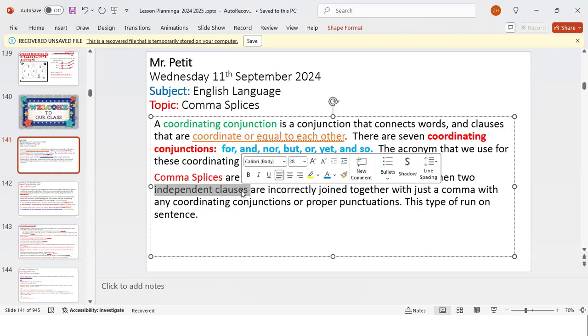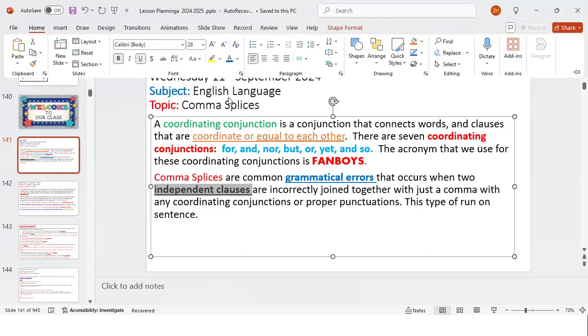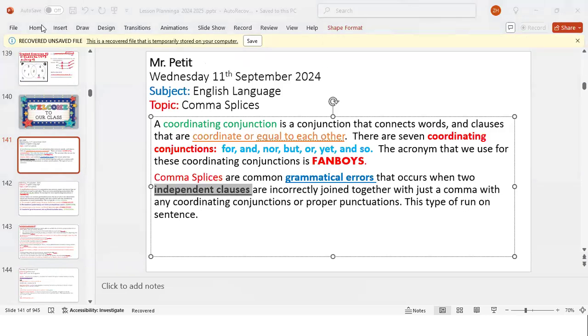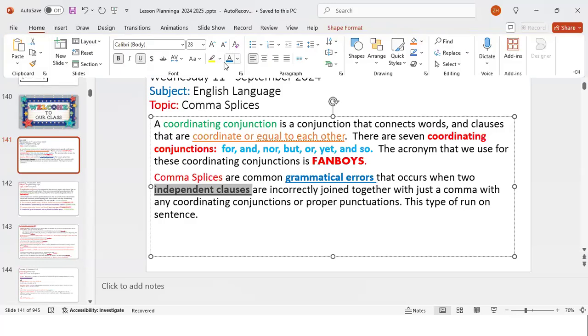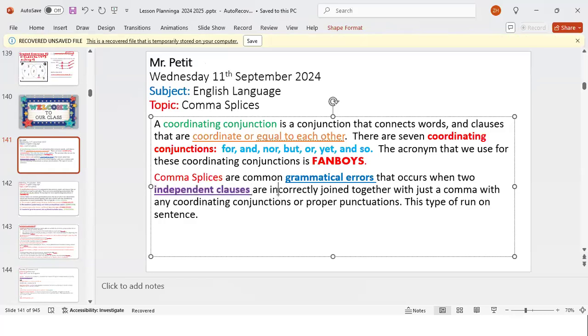They could hold their own weight. They represent a complete thought, with a subject and a predicate. They are actual sentences. So a comma splice is a grammatical error that happens when we have 2 independent clauses that are connected with just a comma, right?